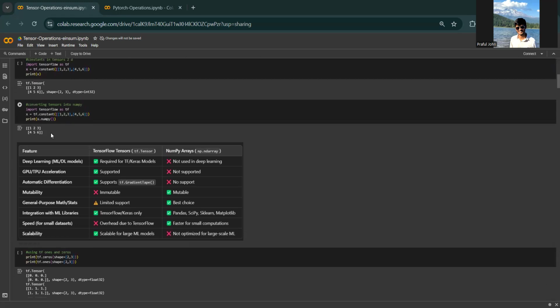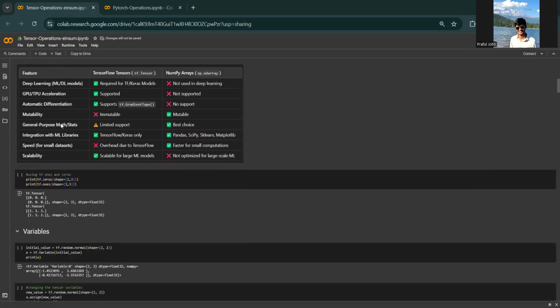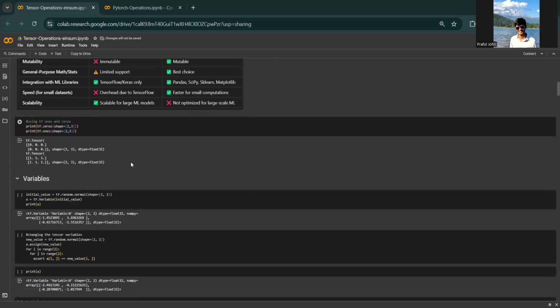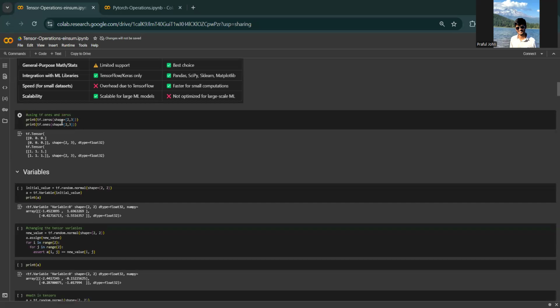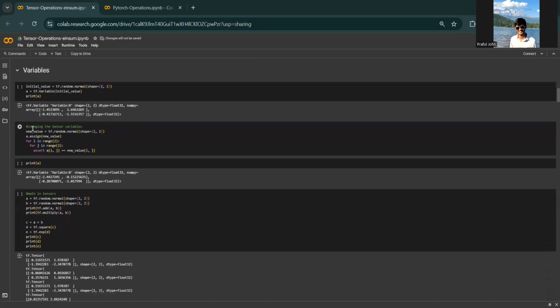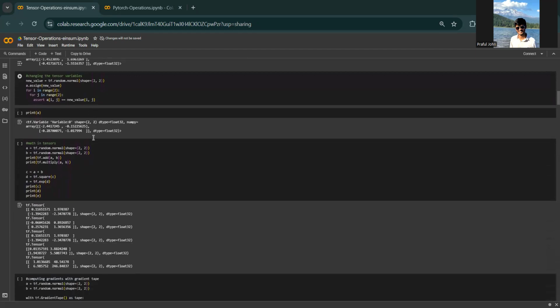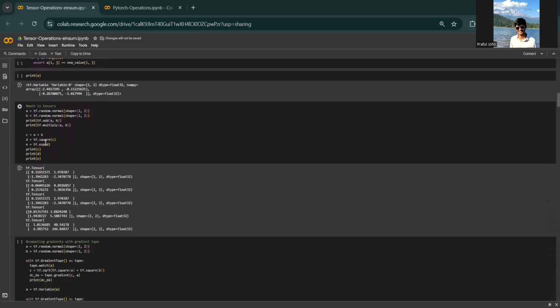So x is the tensor that we have, and by dot numpy we can convert it into a numpy array. Then tf dot zeros declares the tensor with zeros, and tf dot ones declares the tensor with ones. We have variables here, and we can change the tensor variables with just a loop and assign the tensor with a new value. And then we have math dot tensor, where we use different functions like square and exponential to change the